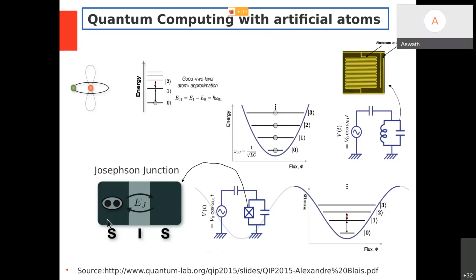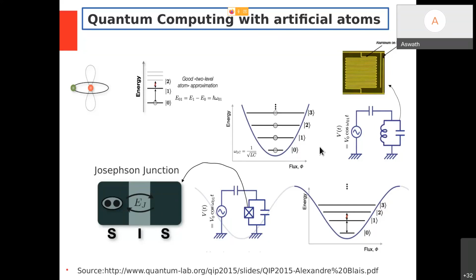Superconductivity, in the sense, somehow at very low temperature, inside a superconductor, electrons come together and form a pair called Cooper pairs, and they travel together a lot, and they carry a lot of charges. So in that way, we'll have very good conductivity, that is called superconductivity. So if I replace the inductor with a Josephson junction,